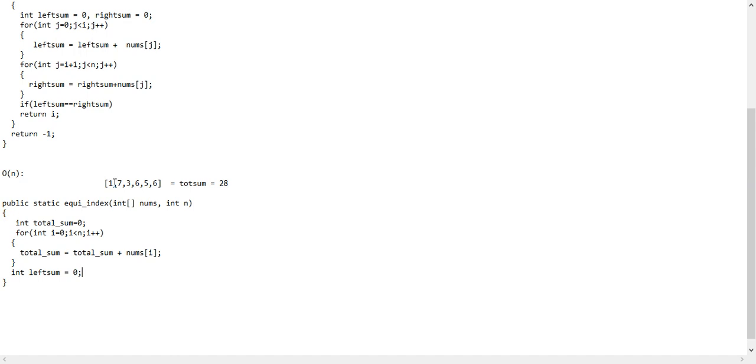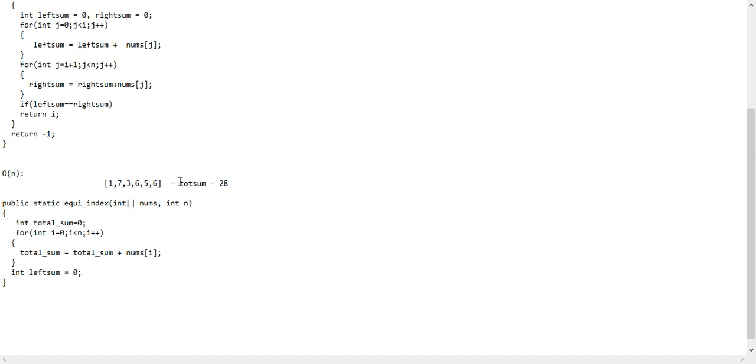Now suppose we iterate a loop and the loop is at position 0, and suppose the value of left sum is 1, and if we minus left sum from this total sum, won't we be getting the sum of the right array? Like indirectly we will be getting the right sum. We don't have to do the O of n square solution to get the right sum.